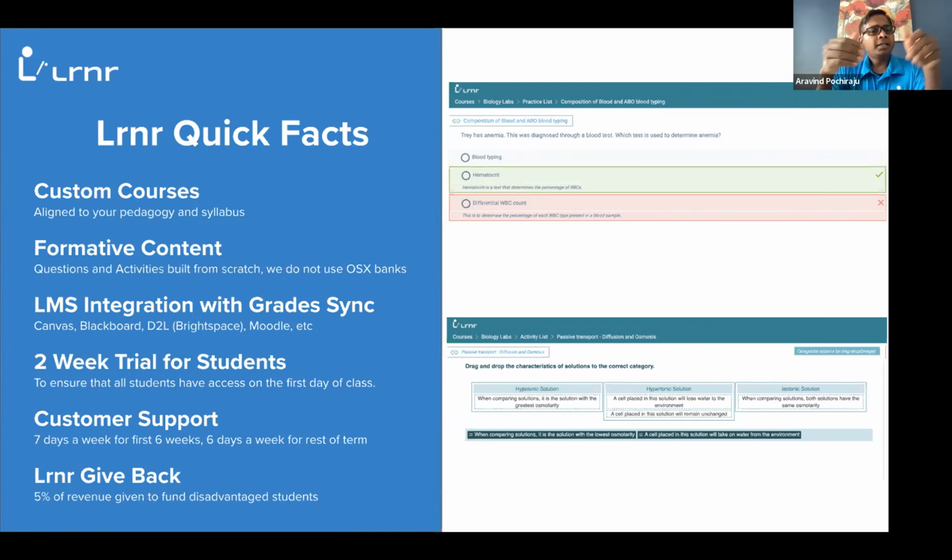Our focus, like I said, is formative assessment or formative content. So all the questions and activities that we've done are from the ground up. We do not use any of the OpenStax banks. Our focus is to make sure that students can start thinking critically. So 70% of the questions that we've written are written at a higher level of Bloom's. All of our courses integrate very well with most of the major learning management systems like